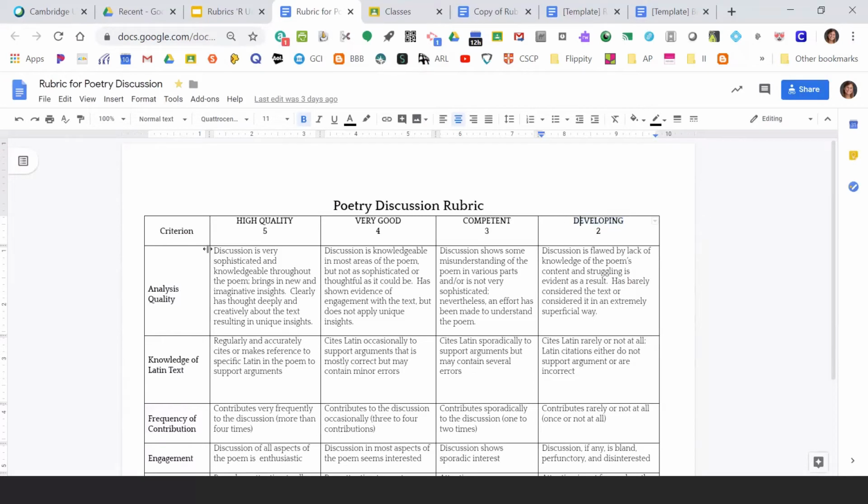This is another example of a rubric that has a written description for each of the various categories, which I realize are hard to write, but sometimes you need them to differentiate for students what it means to have a high quality knowledge of Latin text or a high quality frequency of contribution. When it comes to frequency of contribution, and I had